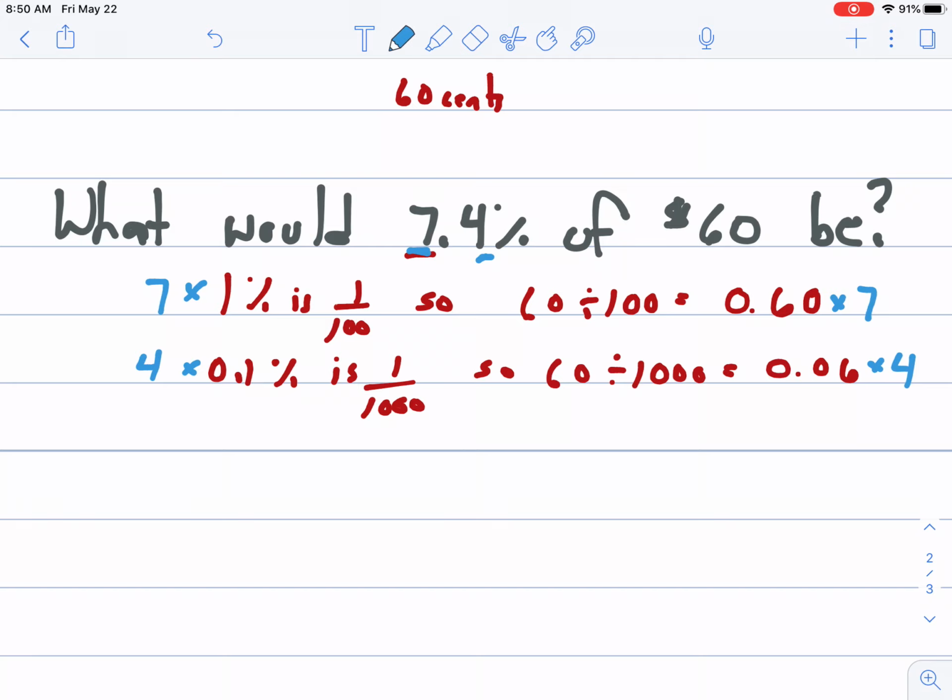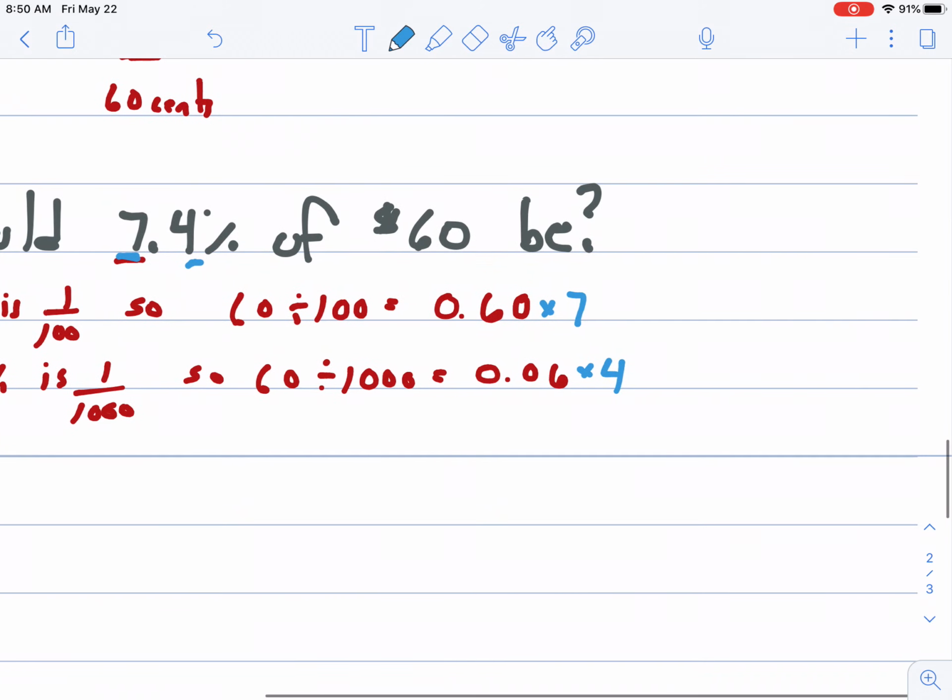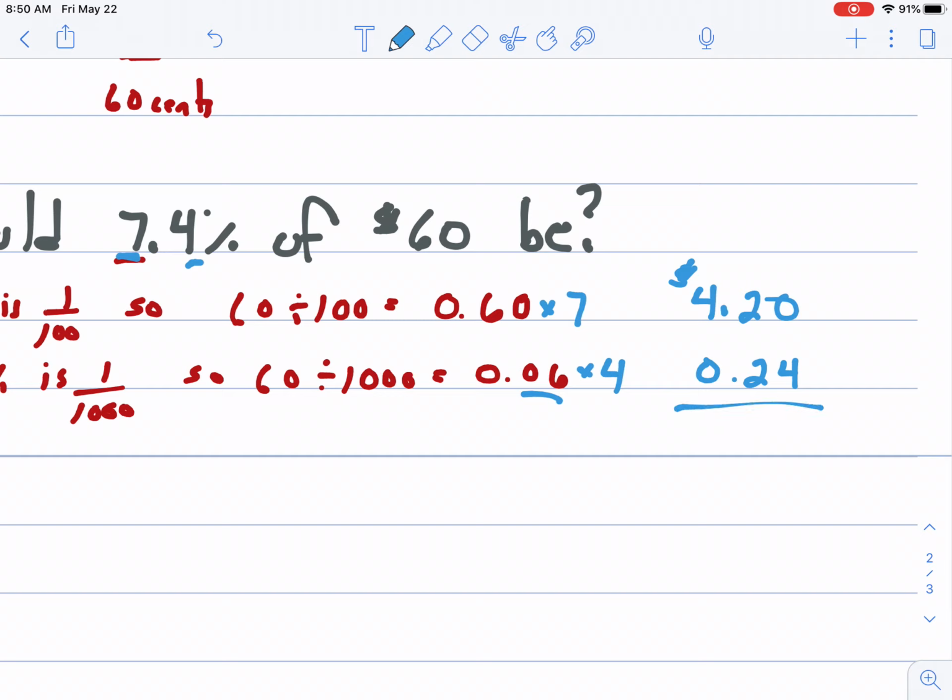So all I'm doing is now doing some simple math, right? I want to know the money. This is the part that I care about, was the money. So if I move this over, I can say, well, 0.6 times 7 we know is $4.20. We figured that out last time. 4 times 6 is 0.24. So this becomes 2 numbers behind the decimal, right? 2 numbers behind the decimal, 0.24. And I'm simply adding these together to get 7.4%. So it's $4.44,